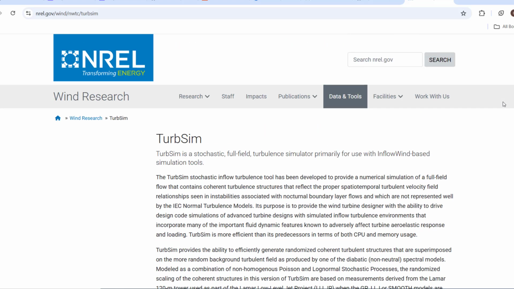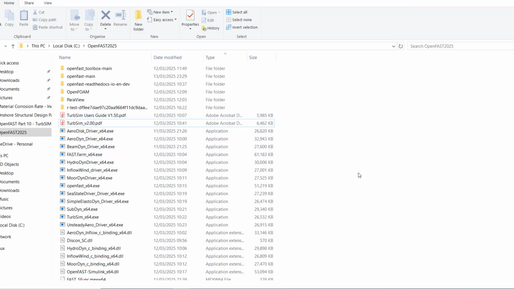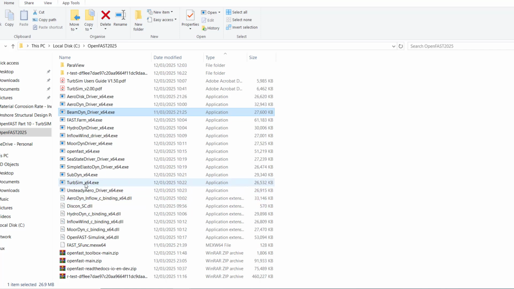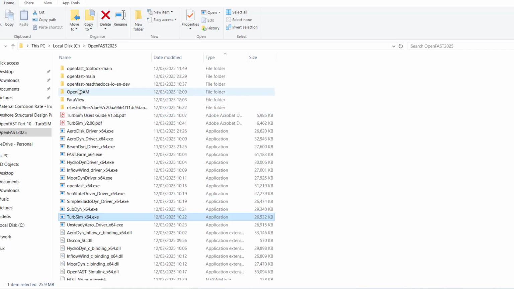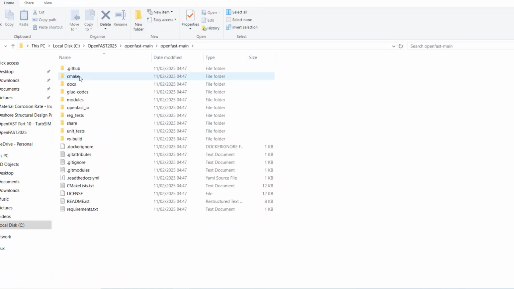So if you have run the application from part 1 of OpenFAST, you can see how to copy all the files. These are some of the files that were copied from OpenFAST on GitHub. So you can see here, this is TurbSim, and we are going to use this TurbSim for this analysis. Once you've found a way to get to your 5 megawatt baseline folder,